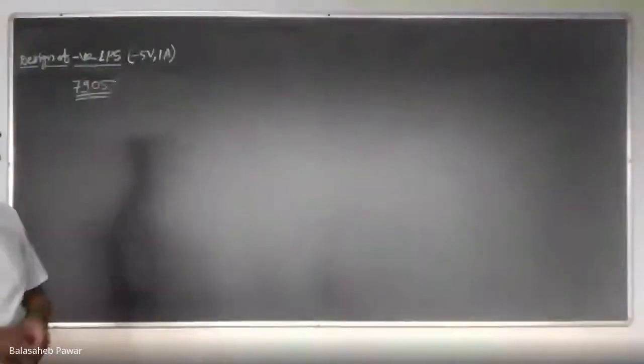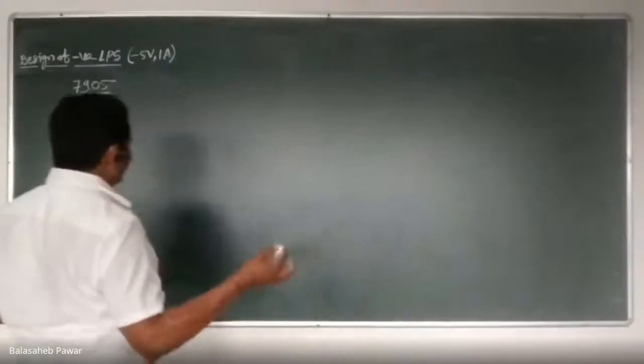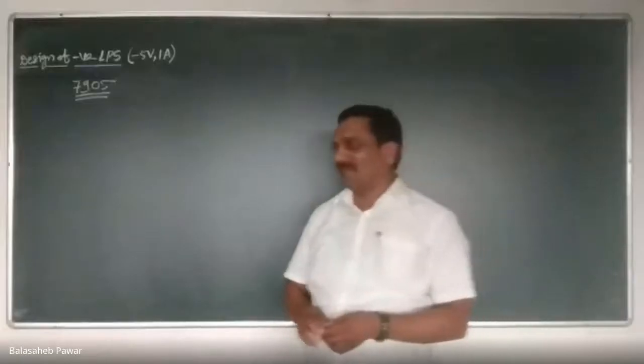Negative can be obtained, or we can apply it by changing the polarity, like putting the negative where the positive was and the positive where the negative was. Okay. Instead of that, why can't we generate the negative voltage? Why are you saying we can't generate it? Sir, we can generate. Yes, we can generate. Remember, we can generate.